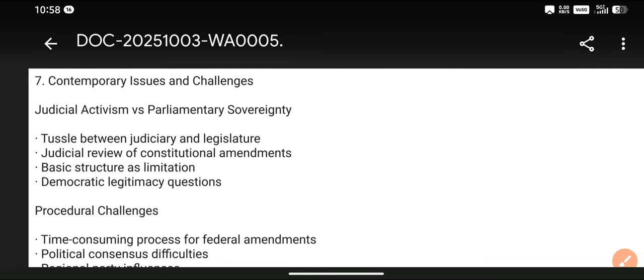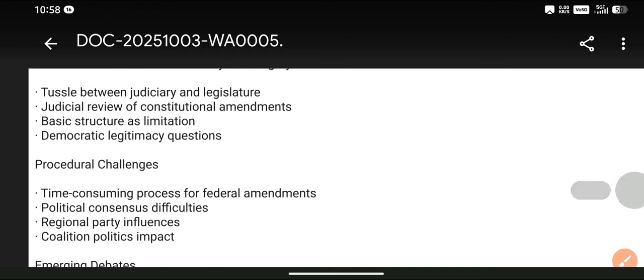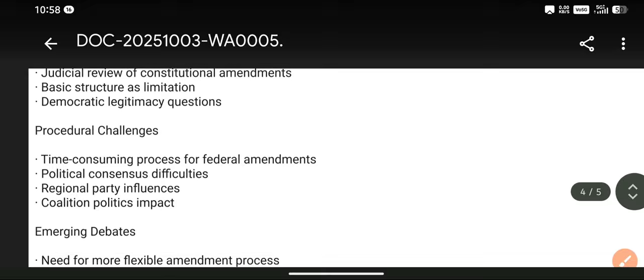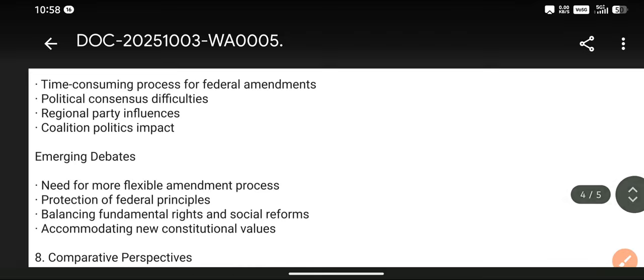Judicial review of constitutional amendments. Basic structure as limitation. Democratic legitimacy questions. Procedural challenges. Time consuming processes for federal amendments. Political consensus difficulties, regional party influences, coalition politics impact. Emerging debates: need for more flexible amendment processes,